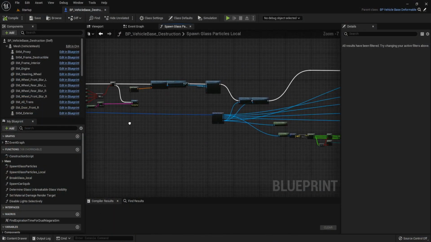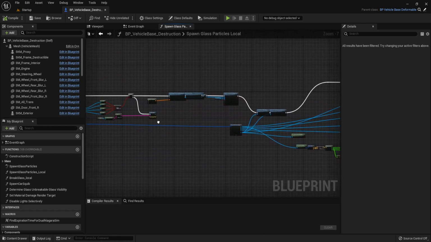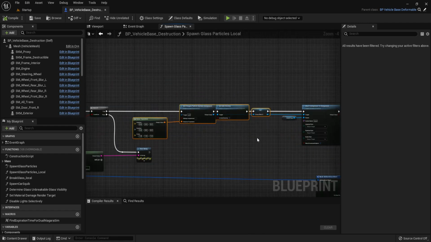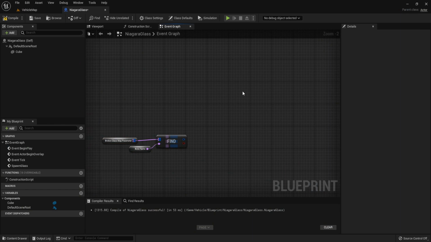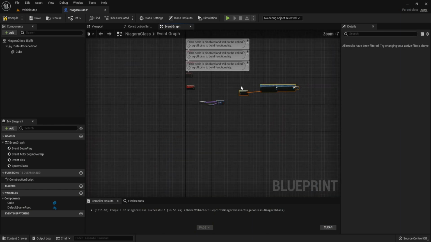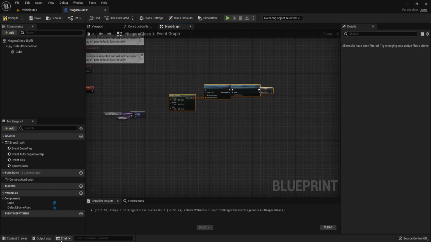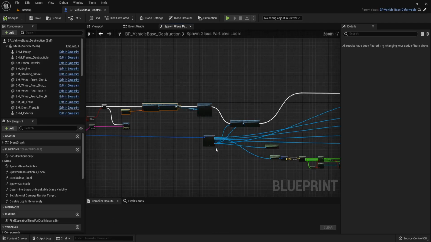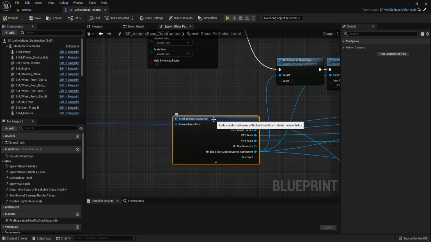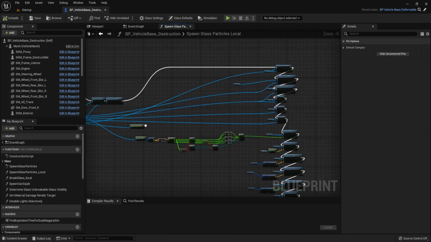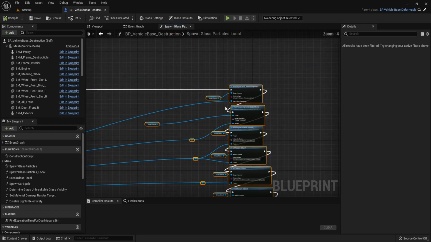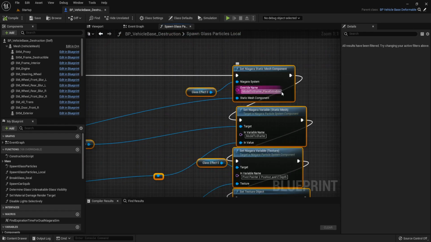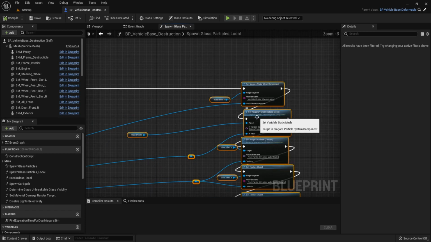And copy this, add Niagara particle system component, and paste it here. After that, we copy this broken glass struct and all of this. Set Niagara static mesh component and the variable.